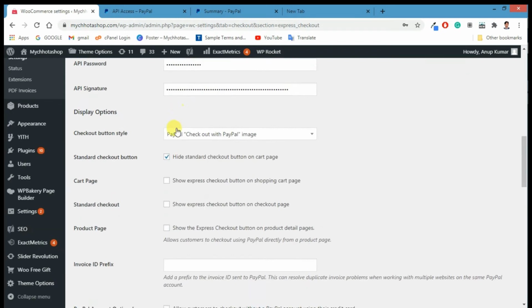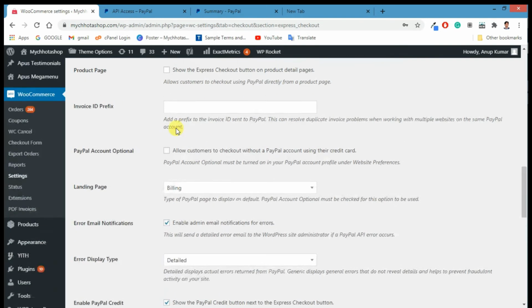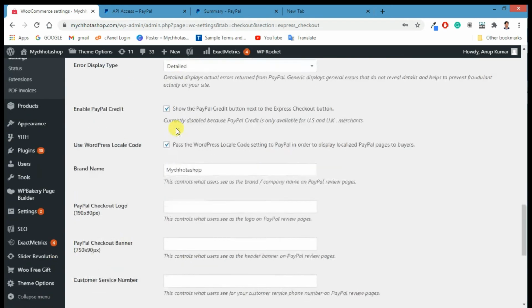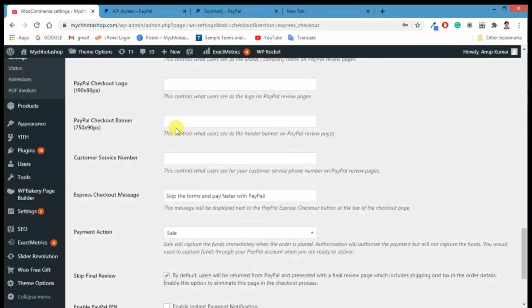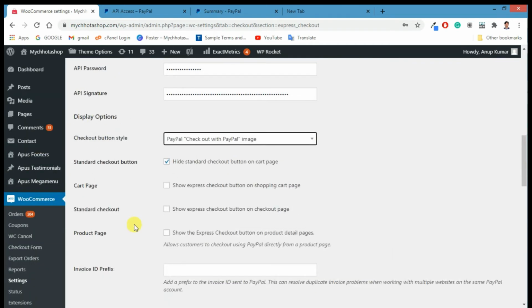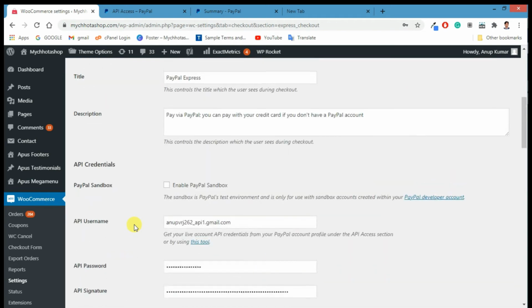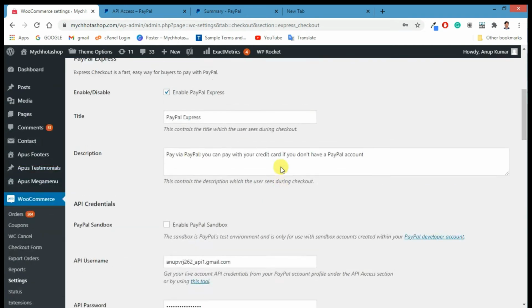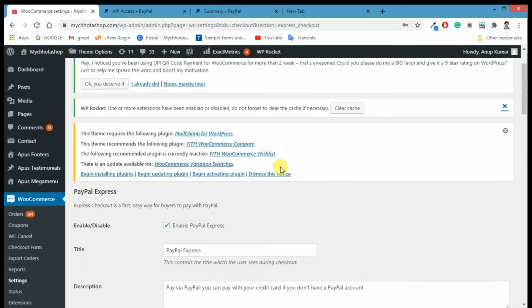Okay, I've entered all the details, and the rest of the things you can read and go through one by one. I have just made a normal setting. It's really great, because most of the people, especially Indians, don't have a PayPal account. So in that case, what we prefer to use is our debit card and credit card, and this is where we are going. In this video you'll see that I'll use my personal credit card and process one order also.